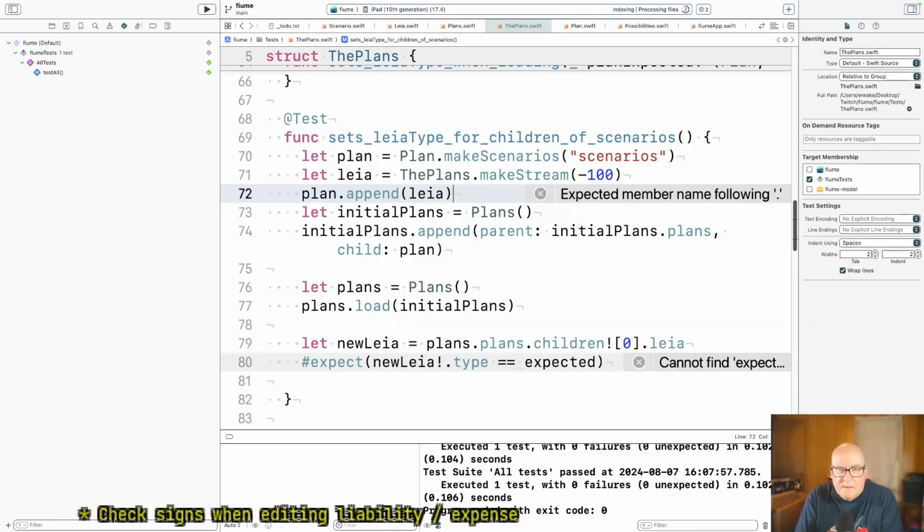Okay. So now we have a group containing us. Well, it doesn't contain it yet. I got to add plan. Initial plans dot append. Parent is initial plans dot plans. Child is plan. Okay. So at this point we have my finances is a group containing scenarios containing a stream. All right. And if we load plans with initial plans, we expect